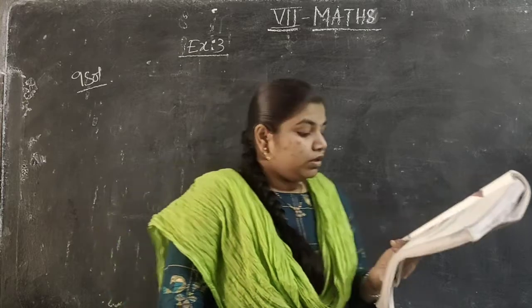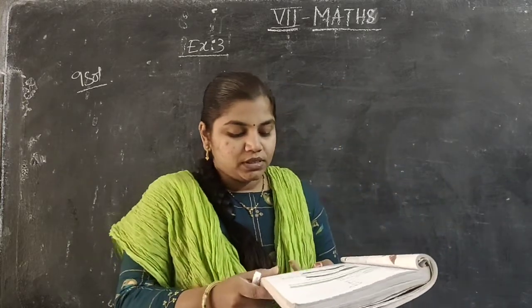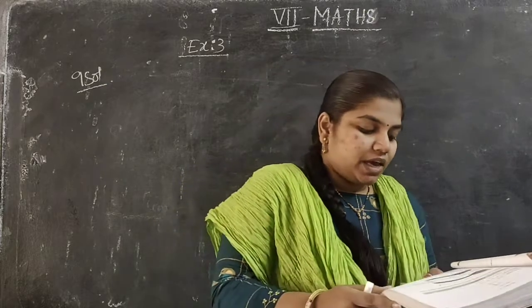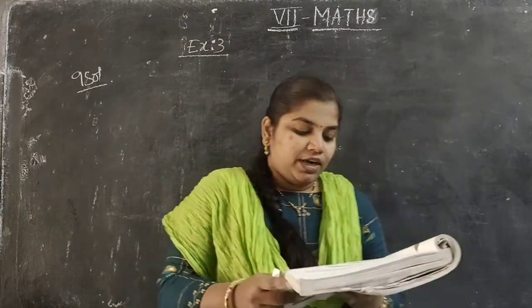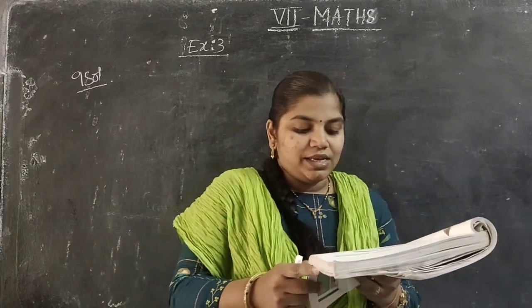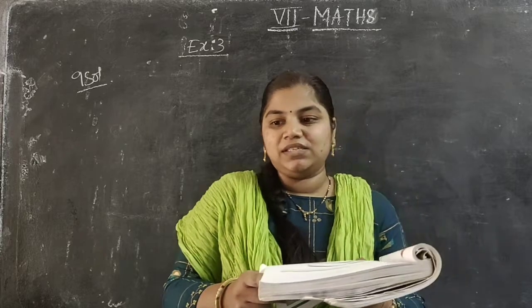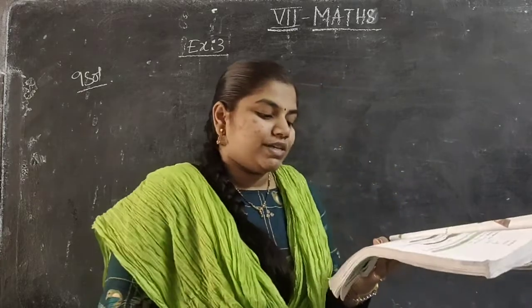So ninth question. Length of a rectangle exceeds its breadth by 4 meters. If the perimeter of a rectangle is 84 meters, find its length and breadth. So what they are telling, they are talking about length value. What is length? Length of a rectangle exceeds its breadth by 4. Exceeds is nothing but plus. And it didn't mention any breadth value, so we will take it as x there.